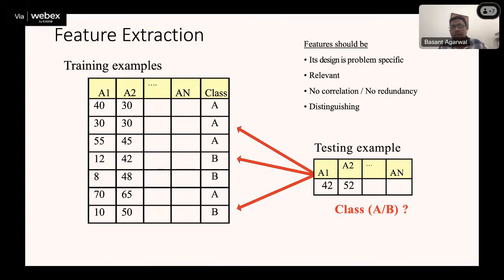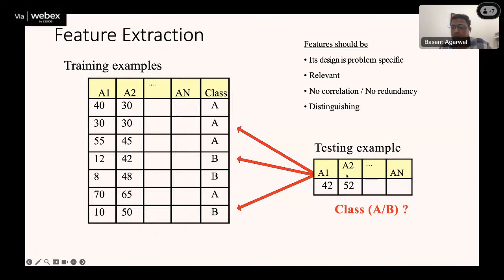The objective of this process is to extract the features in a way that represents a feature vector, and the feature extraction part is the most important component of developing an efficient machine learning model. So for this example, the objective is to convert the raw data into these feature vectors. Let's say we have n attributes of the features, and the class attribute is given to us. From this training data, we want to learn some pattern, and given a new testing example,